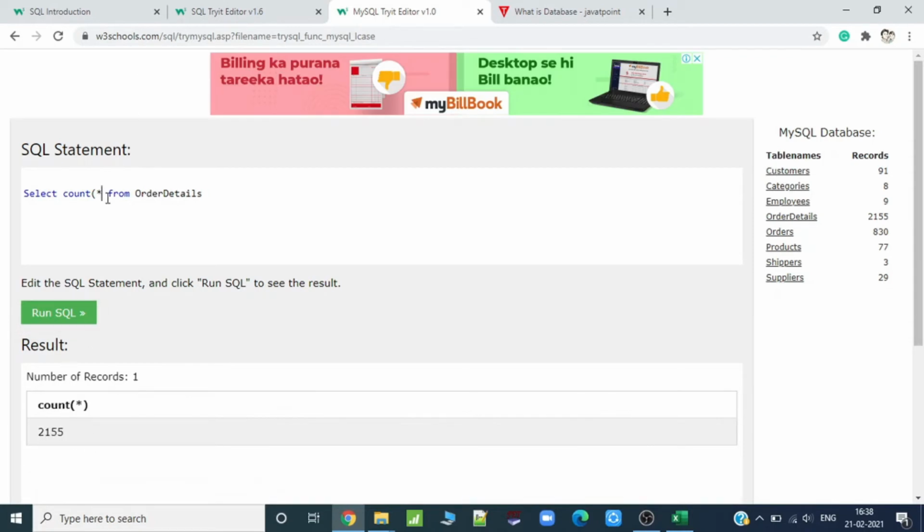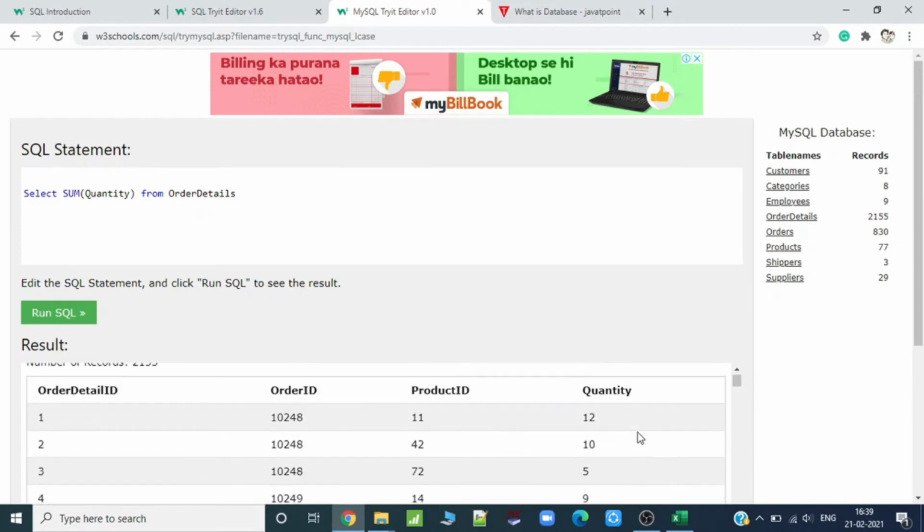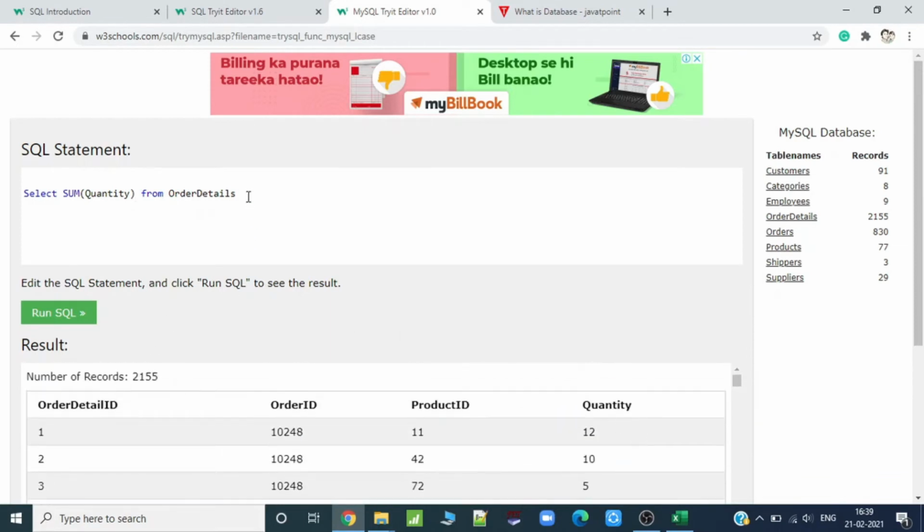But now, what I want to see, I want to know the total number of quantities ordered. So what I will do, sum of quantity. What will it return? It will return me the sum of all the quantities in this table. If I want any particular condition, what can I use?